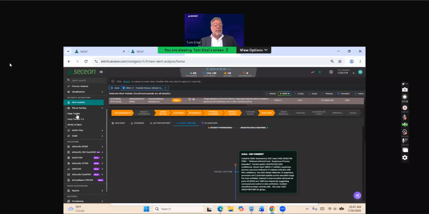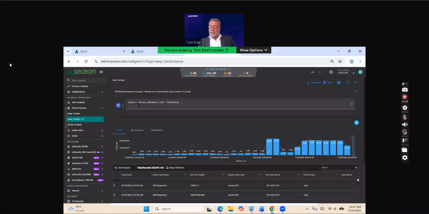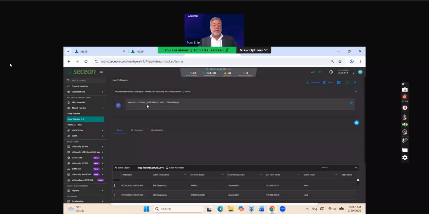One other thing I'll highlight here. We have Deep Tracker, which is our threat hunting. We've added this Sarah AI capability. So now you can, let's say I want to change the time window here. I want to just say show all net flows. So you don't have to understand the scripting language. You can just